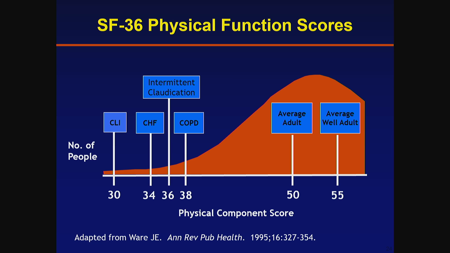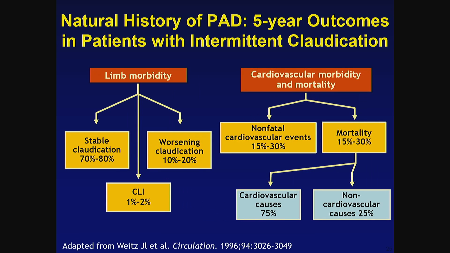Moving on to here in this comparison of the SF-36 physical function scores, where patients with intermittent claudication range somewhere between patients with significant COPD and patients with the New York Heart Association 3 congestive heart failure. The natural history of peripheral artery disease is very important to keep in mind when we consider therapy for peripheral